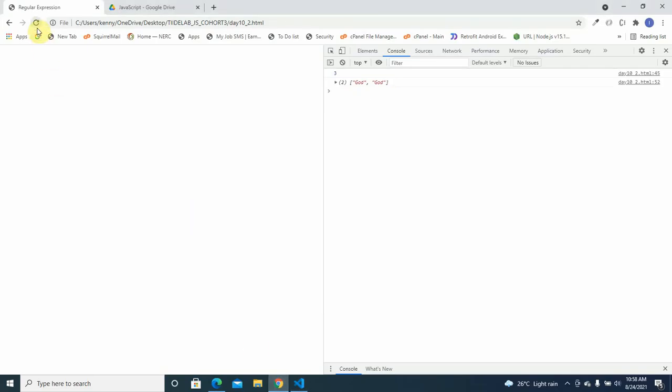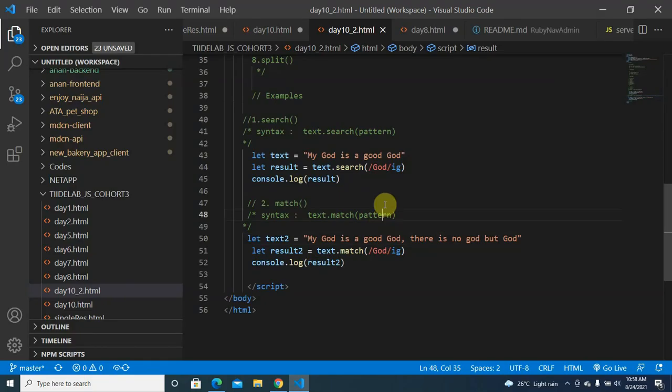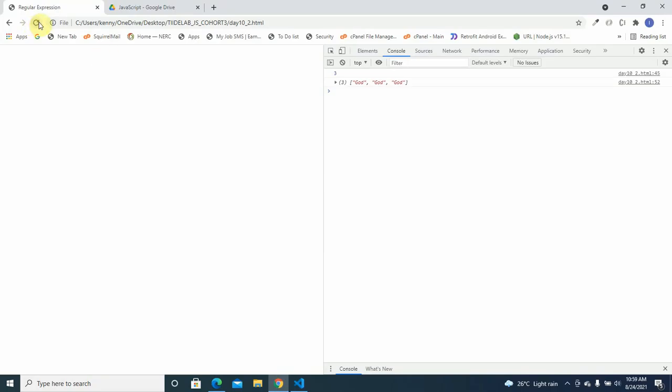If you refresh that, there's something wrong. I guess it's not getting saved. Oh, it's this text. I was working with text, which is this one here, but I was supposed to be working with text2. Text2 is this one, so if you put text2 right here and then you refresh that, you see